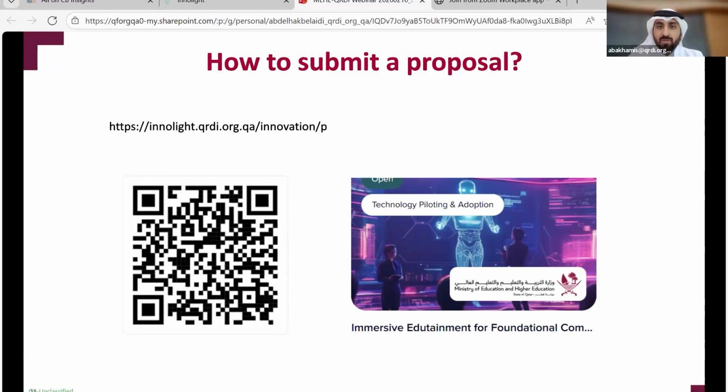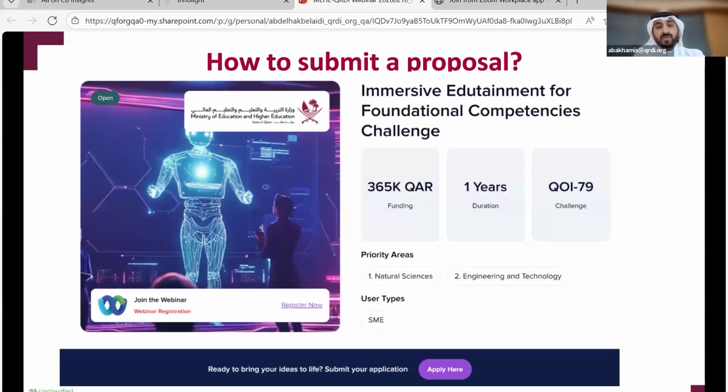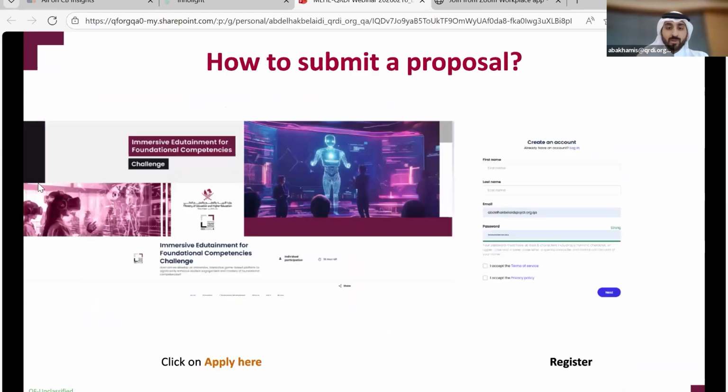Just to continue on how to submit a proposal. You can either go through the website directly, or you can scan the barcode. And this is the challenge, as you see in the image here: immersive edutainment for foundational competencies. This is a clearer version of it. You can see how much the funding is, the duration, and even the challenge code, what priority areas it falls under. And you can apply by just clicking apply here, which will lead you